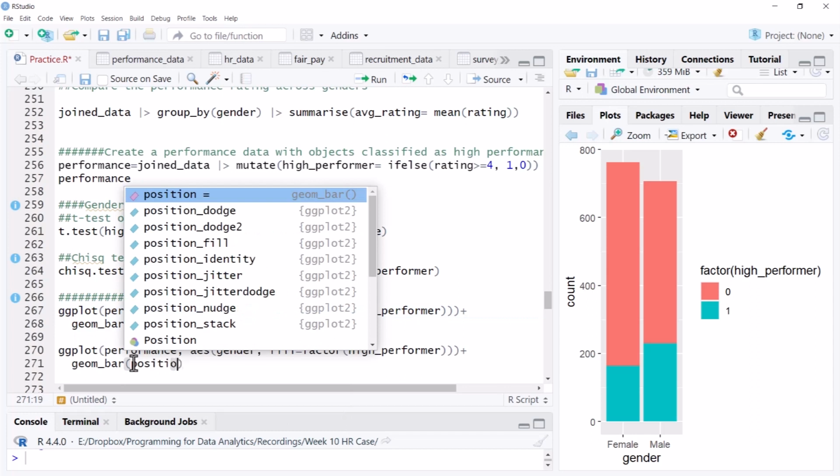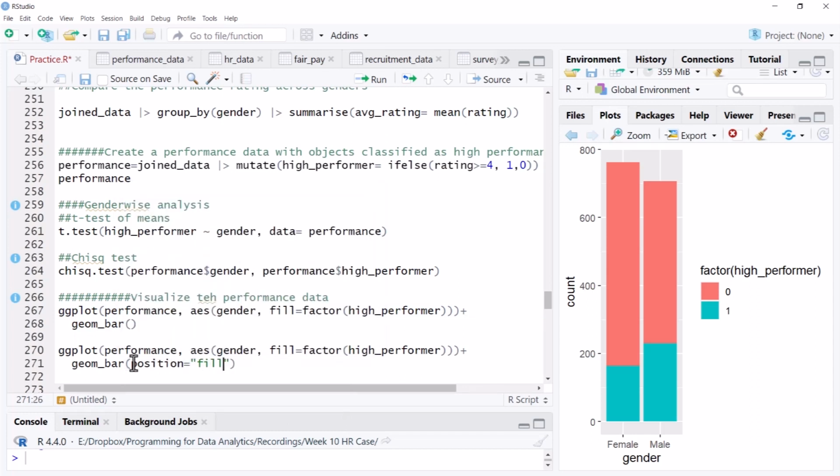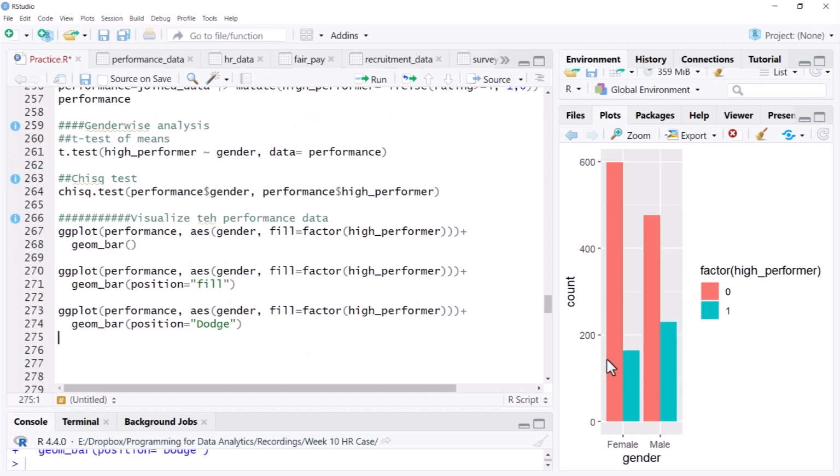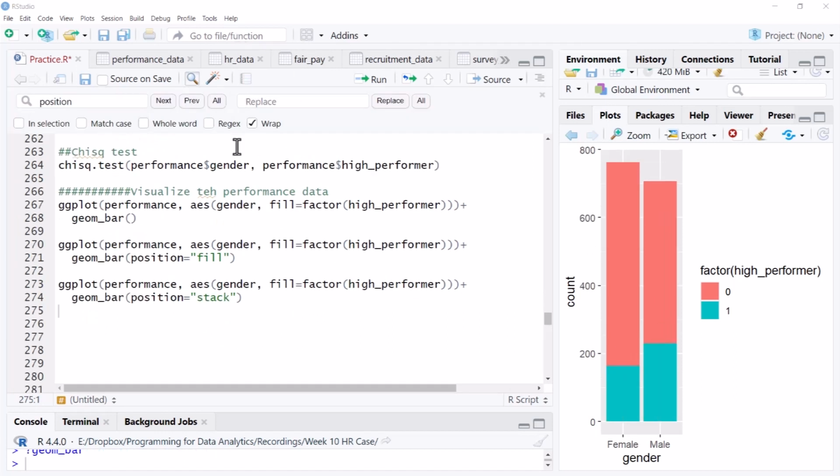This position fill may improve the diagram. Let's see. Dodge. There's one more argument you can use, dodge. That also gives you a separate number. So you can see, while overall it looks like we have more high performers in the male category,